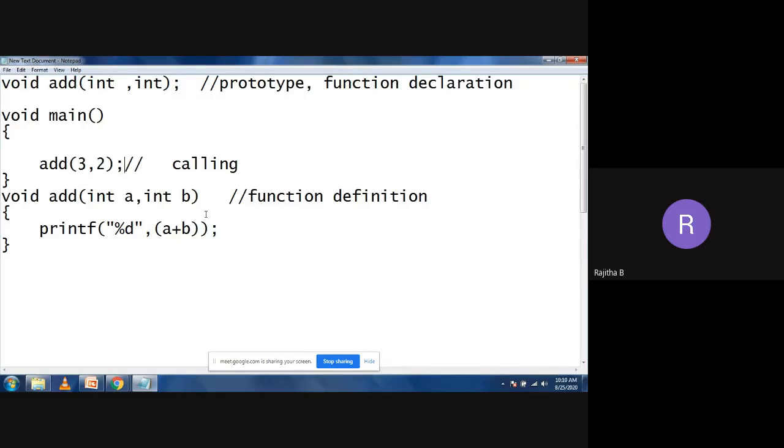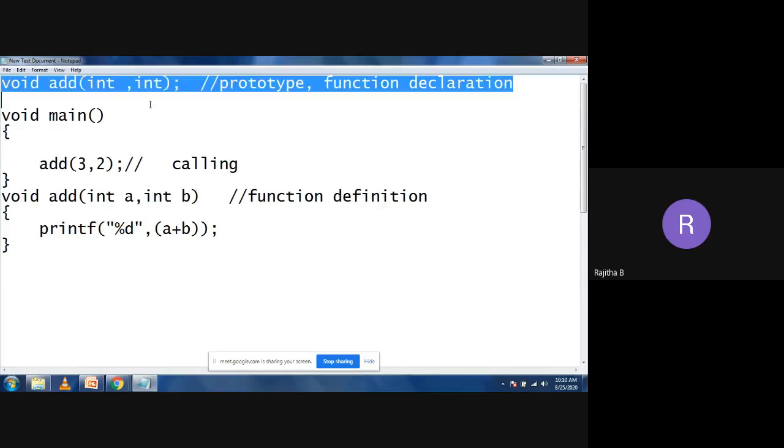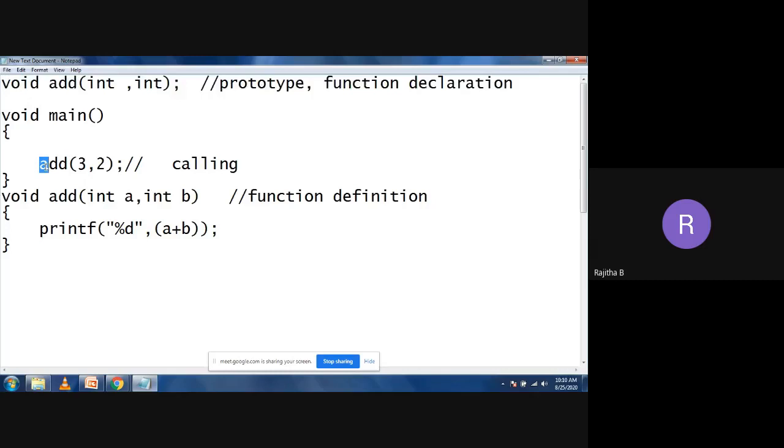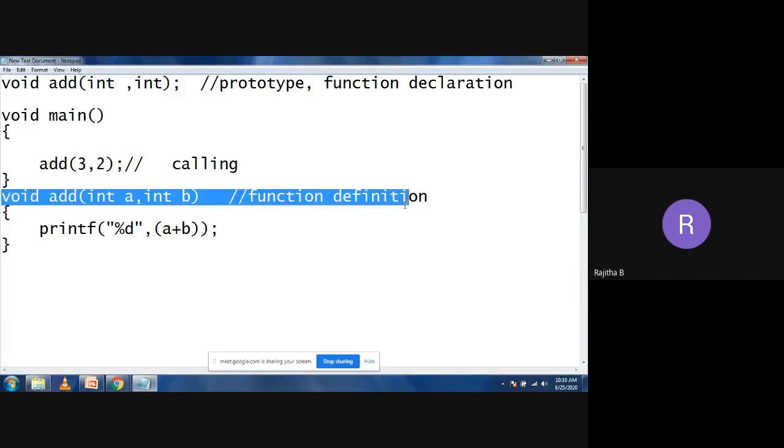So when you are writing the code for the function, we don't have any semicolon here. Then you can open the braces, curly braces, write some code here and close the braces. So these are the three statements when you are using a function: function declaration or prototype, calling the function, and the function definition. Is this clear, everyone?